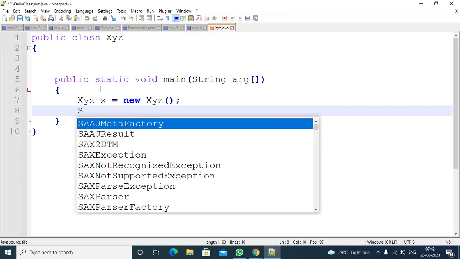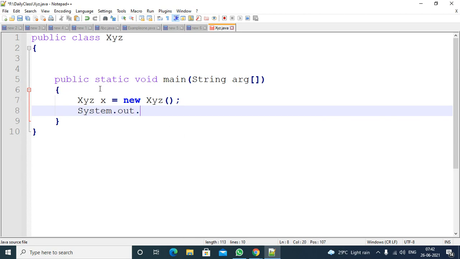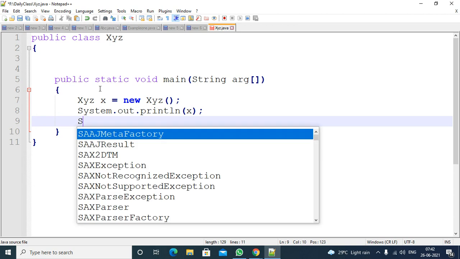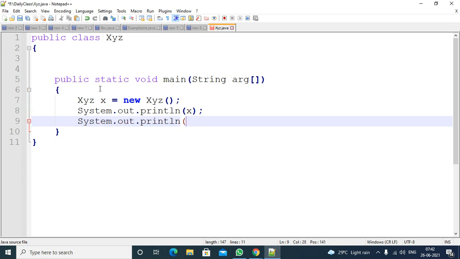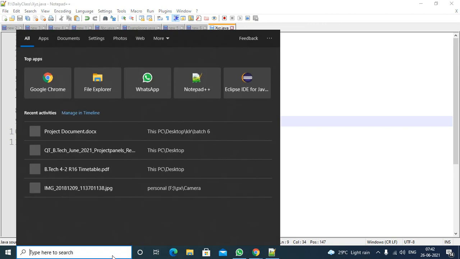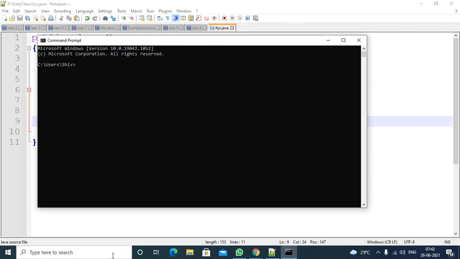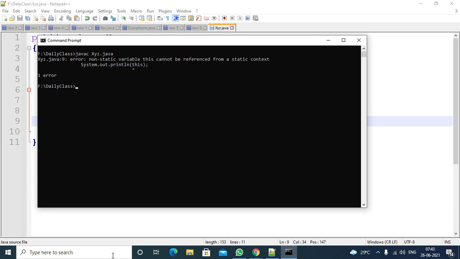I try to print. Now, it's a static context, so you are not supposed to use the this keyword here.